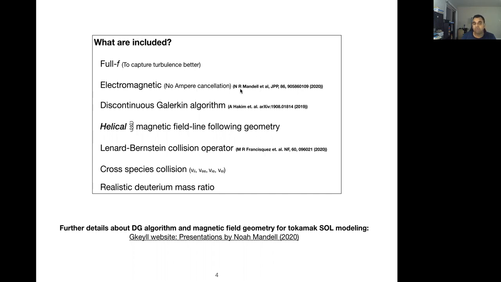More details can be found in Noah Mandell's JPP paper in 2020. We are simulating the SOL plasma with a discontinuous Galerkin algorithm for better accuracy and the helical magnetic field. So I'm using this cartoon for the helical magnetic field everywhere. The helical magnetic field actually helps to reduce the simulation cost by a significant factor, because as I showed in the previous slide,